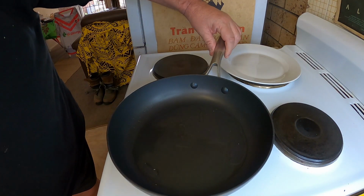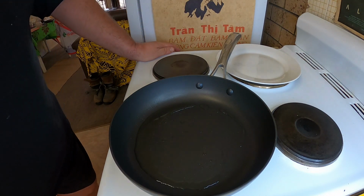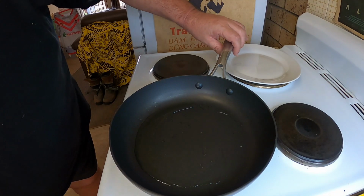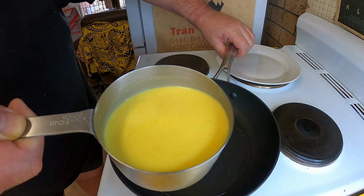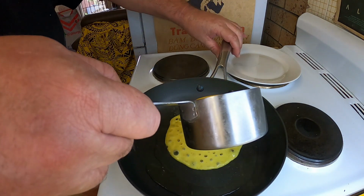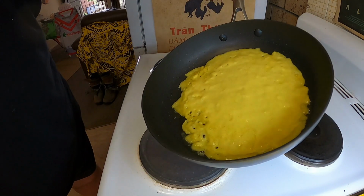Alrighty guys, so I've just got my small fry pan here with a bit of oil in it, and I've waited till that's got sizzling hot. Now I'm not sure, the XEO in the Vietnamese name, Xeo, however you pronounce it correctly, I think that means either singing or sizzling. So the idea is to get this batter sizzling, I guess. So to that end, we've got that sizzling hot. I've just got here about 3/4 of a cup of my batter, and we're just going to carefully toss that in. And just sort of swirl it around a bit,